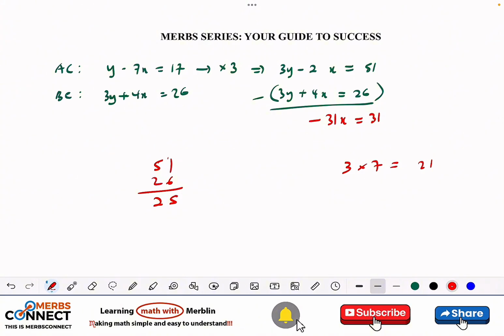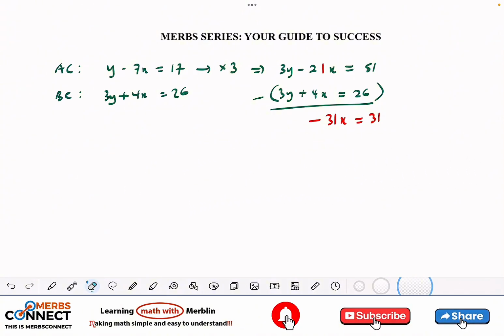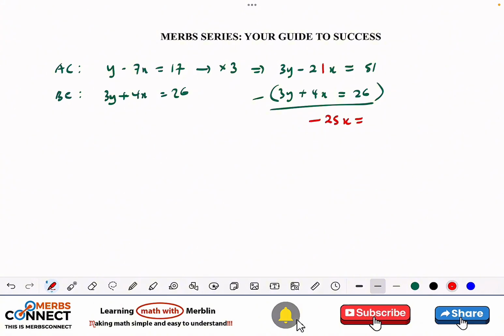I'm sorry, I'm not using a calculator, so the mind is twisting up. So 21. So it means that this is going to be 25. Oops. This is going to be 25. So minus 21 minus 4 should give us minus 25x. And then 51 minus 26 should also give us 25. So I divide through by minus 25, divide this one by minus 25, and x will be equal to minus